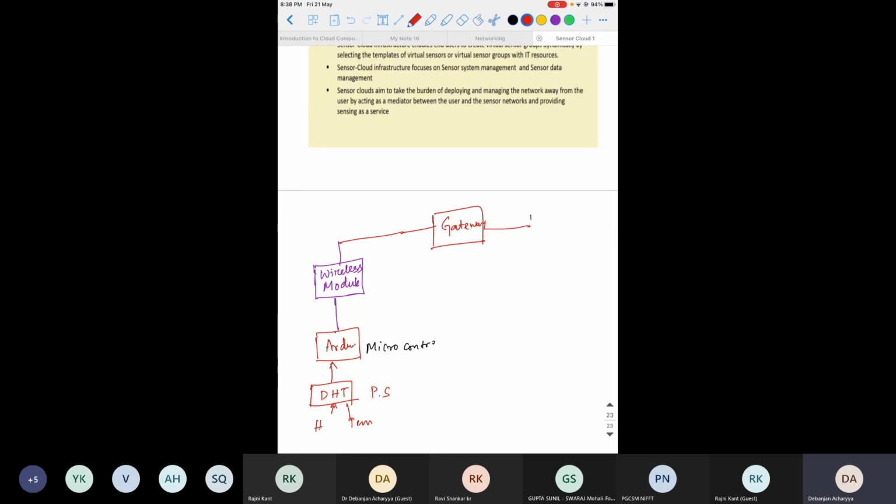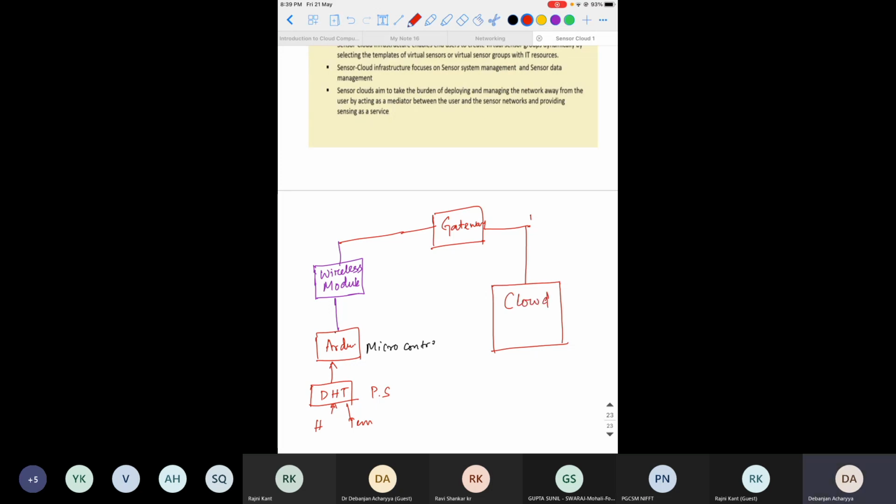Then you have one cloud. That cloud may be AWS or ThingSpeak, which is very popular for students, because it is free. So you have the cloud.